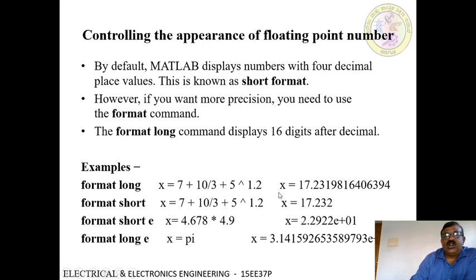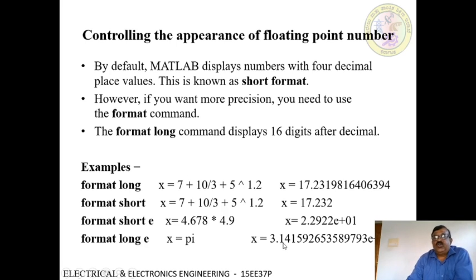So this is format long. If you use format short, the same equation will be evaluated and the answer will be displayed like this: 17.232, with only 3 decimal places after the decimal point. For format short E, the answer will be displayed in exponential form with only 4 decimal places plus an exponential format. The same exponential format, for the word long, format long E, for example x equals pi, the pi value will be displayed like this: